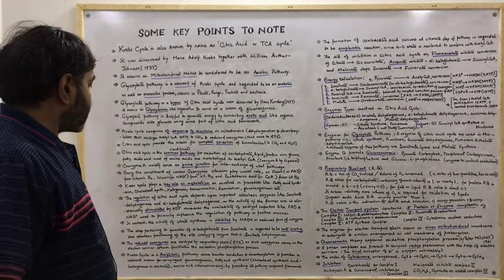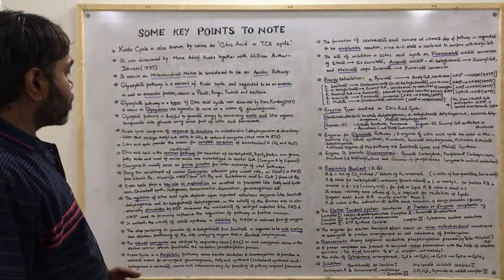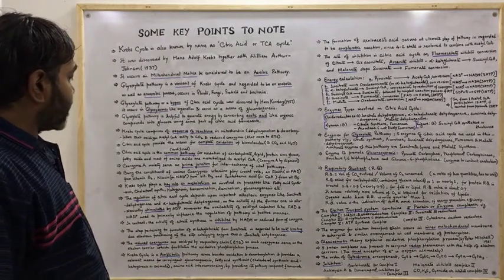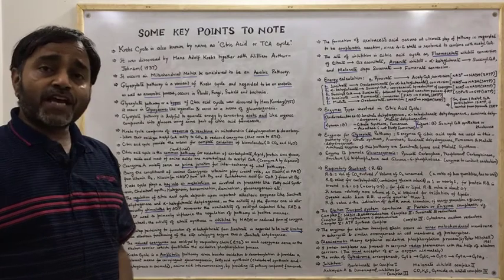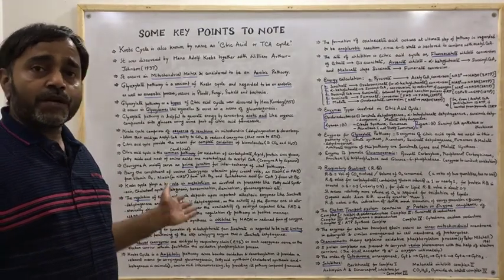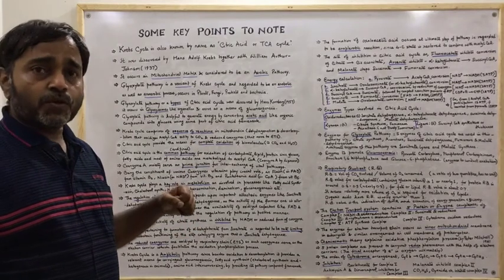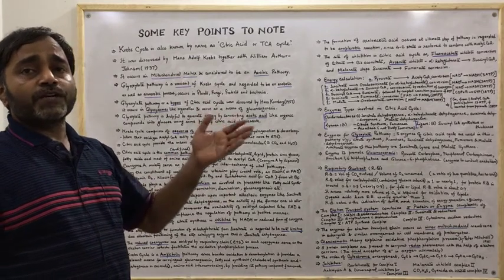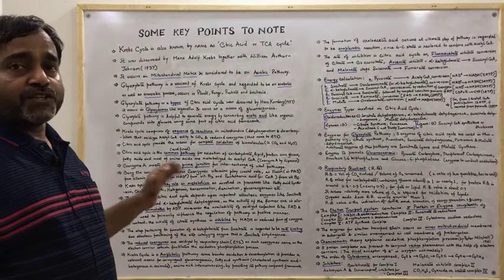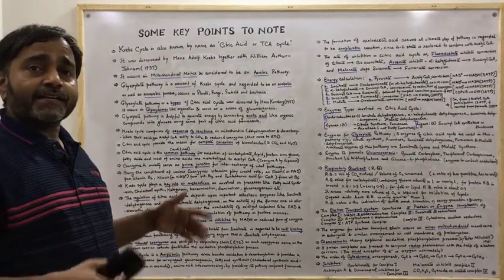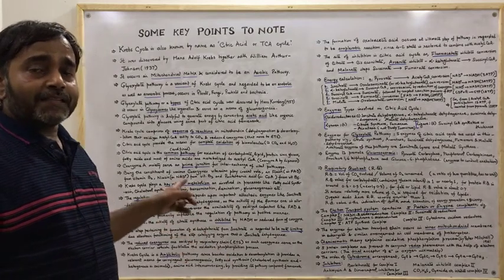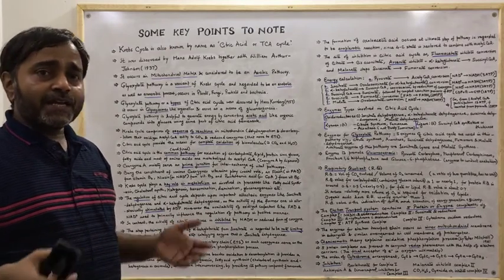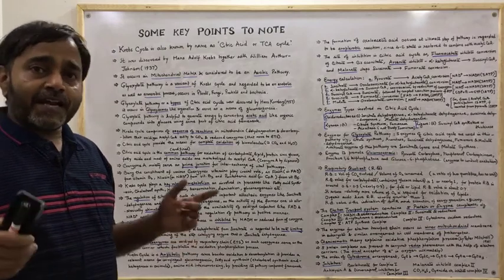The step pertaining to formation of alpha ketoglutarate from isocitrate is regarded to be the rate limiting step due to allosteric functioning of the step catalyzing enzyme, that is isocitrate dehydrogenase. I already have told you this fact and marked in the pathway also. What is the rate limiting step? Rate limiting step is the formation of alpha ketoglutarate from isocitrate. And which enzyme plays its role? That enzyme is isocitrate dehydrogenase, which is allosterically influenced, and that's why it makes this particular step rate limiting.